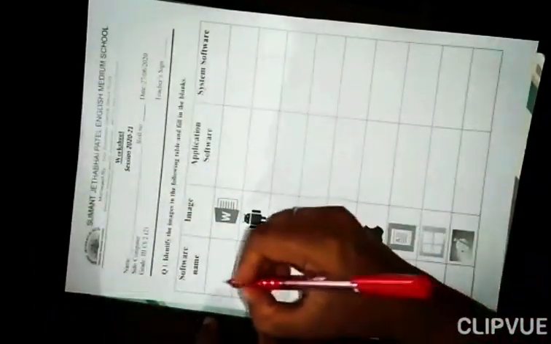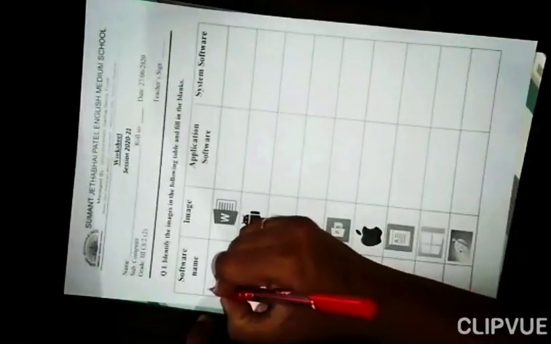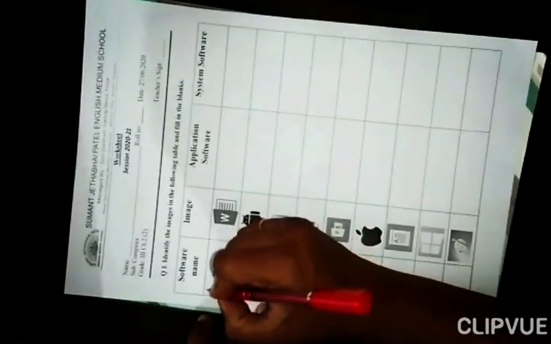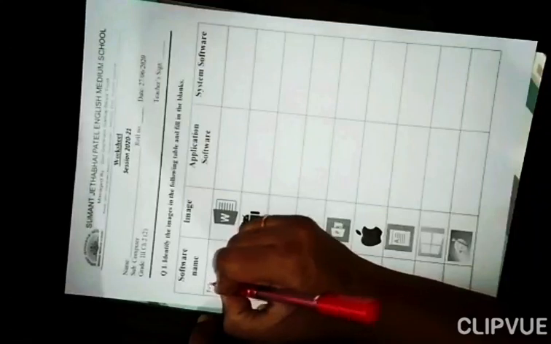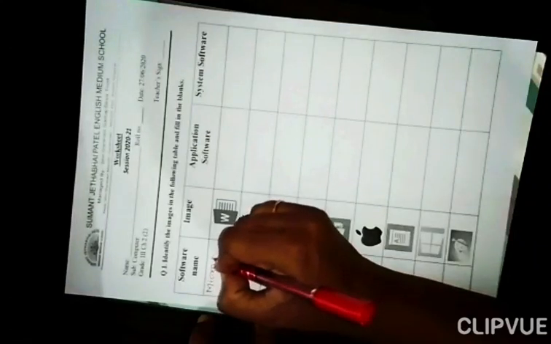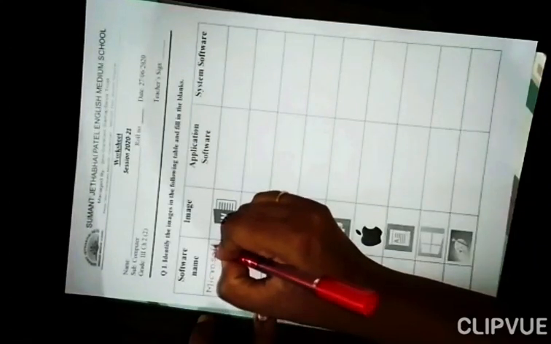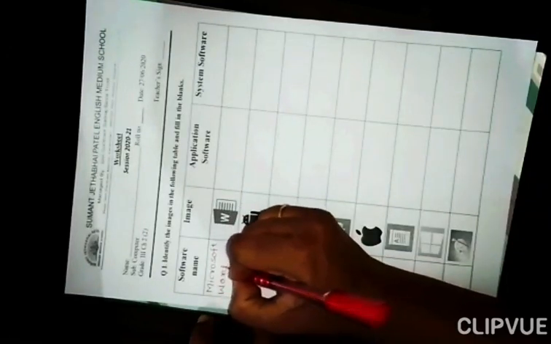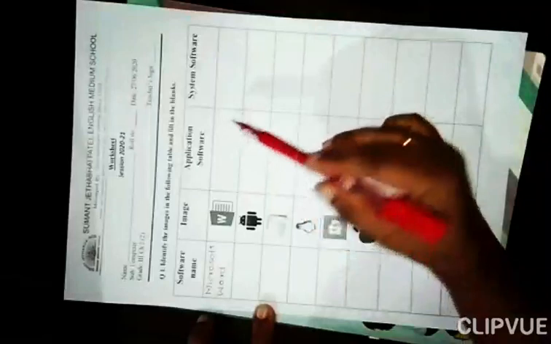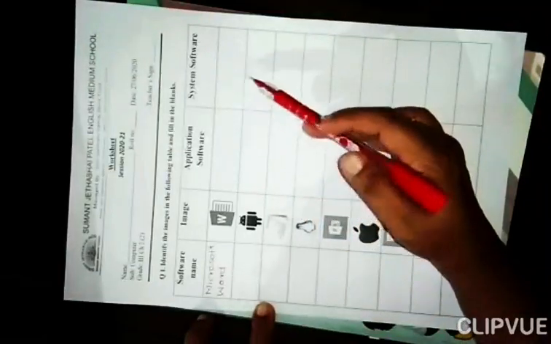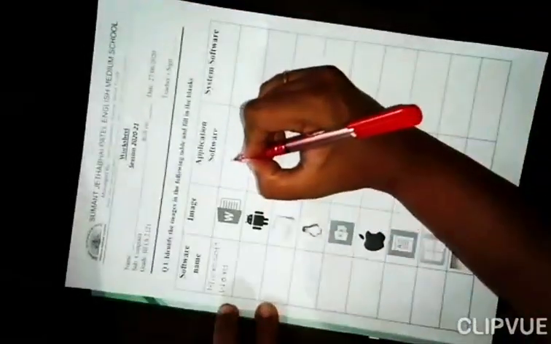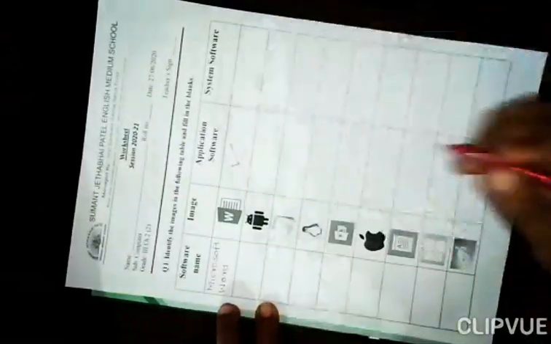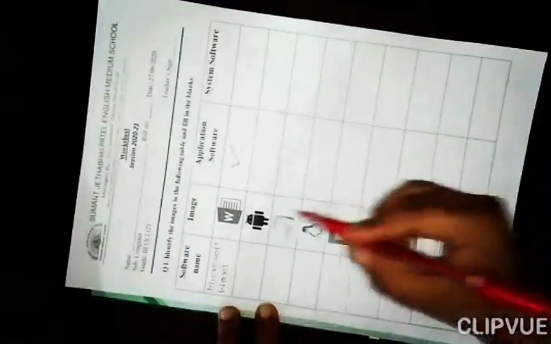So we will write down here Microsoft Word. Now tell me whether it is an application software or system software. Yes, of course it is an application software. So tick here.